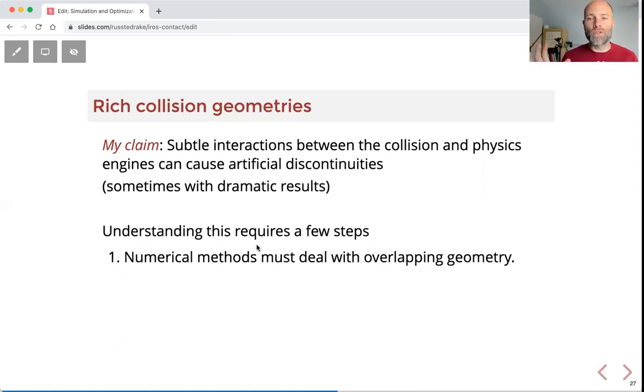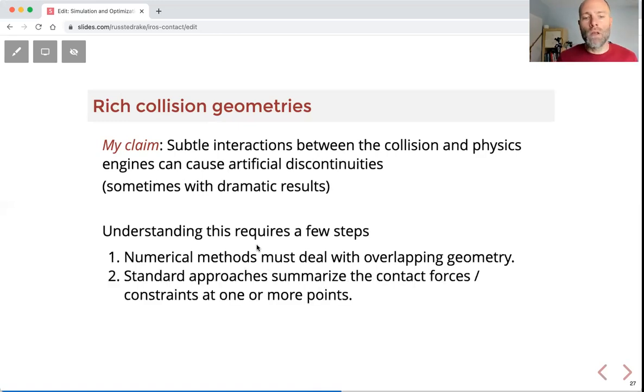You have to think about what happens when two bodies have already overlapped and how you get them out of contact, out of penetration, not just approaching penetration. The standard approach is to summarize the forces required to separate two bodies that are in penetration with some small number of contact points and contact forces at those points. Sometimes even one point, typically a few points.